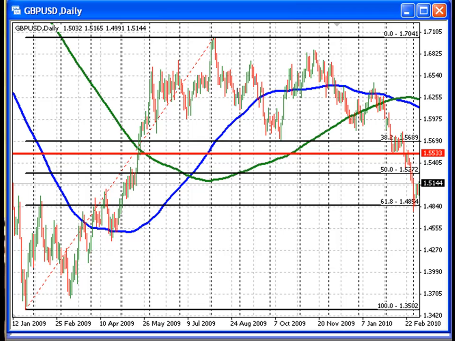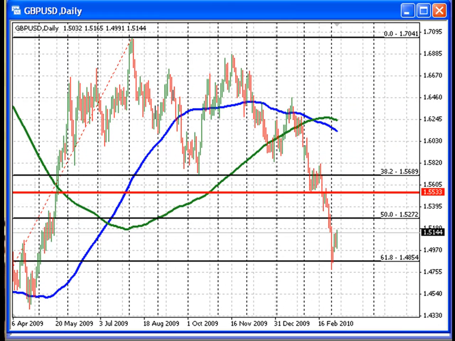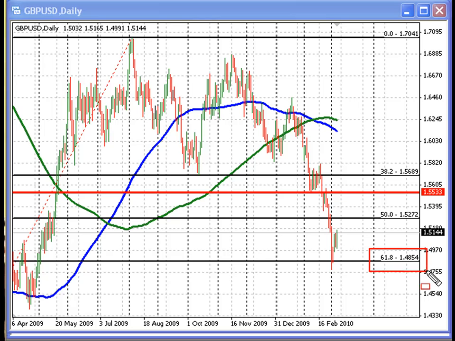On the daily chart, we came down and tested a 61.8% retracement of the move up from the 2009 low to the 2009 high. That retracement level came in at the 148.54 level. You can see that the market dipped below that level earlier in the week, but the next day the market used it as support